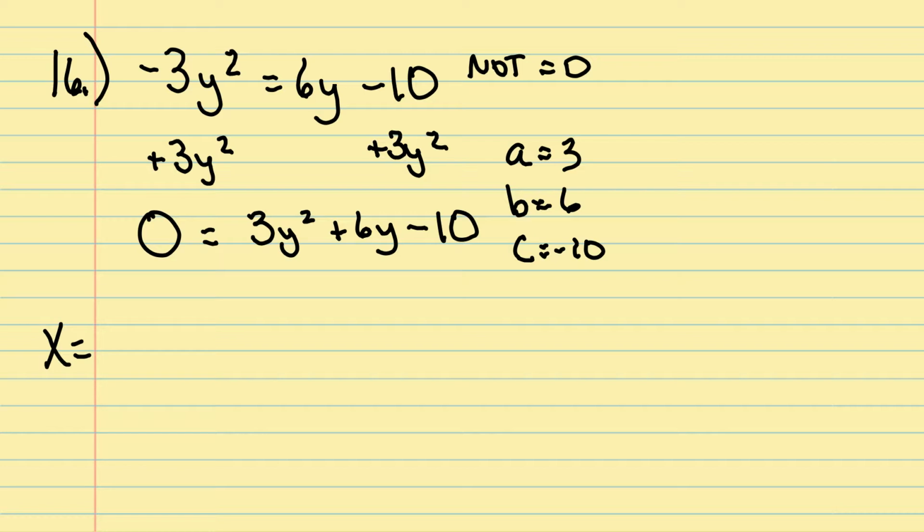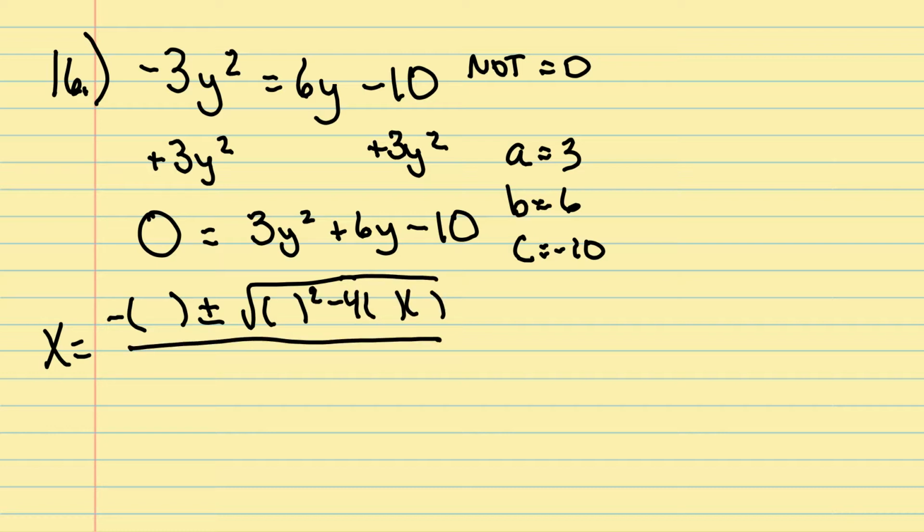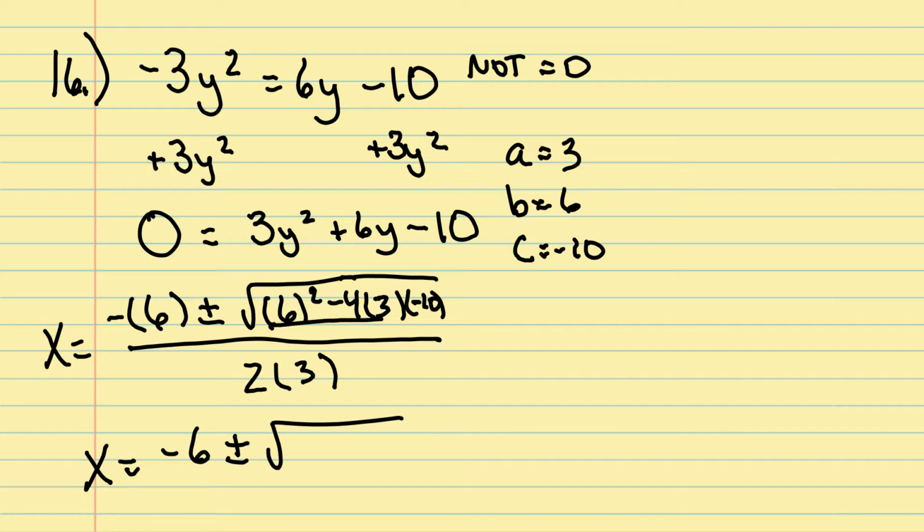I say x equals the opposite of B plus or minus the square root of B squared minus 4AC all over 2A. So I plug in: A goes next to the 4 and the 2, B goes here, 6, and 6 goes there, and then negative 10 right there. Outside the radical, I get x equals negative 6 plus or minus the square root of, I plug it all into my calculator, I get